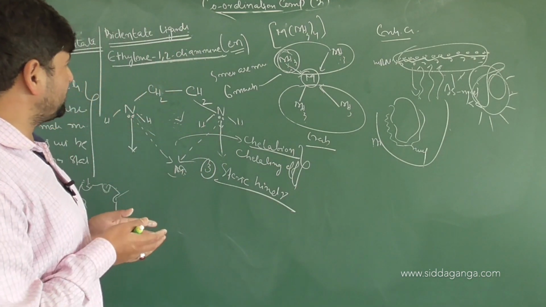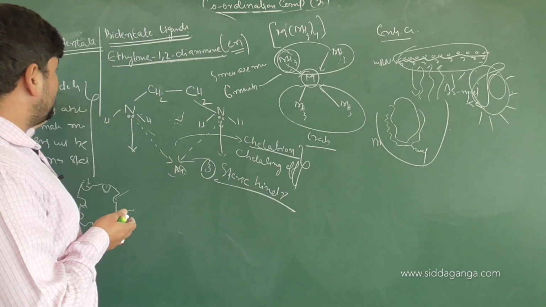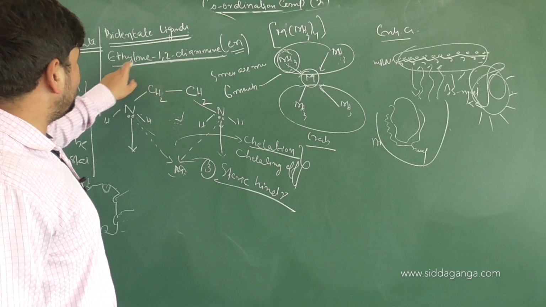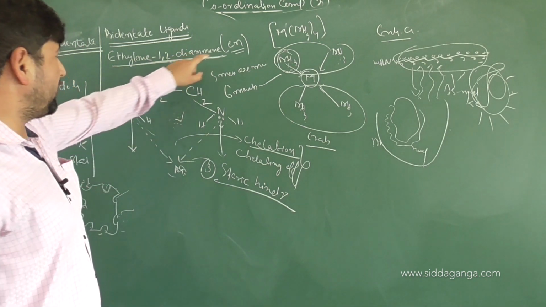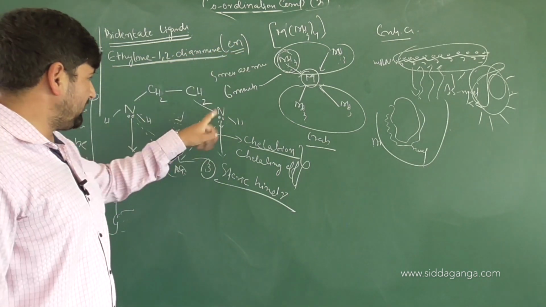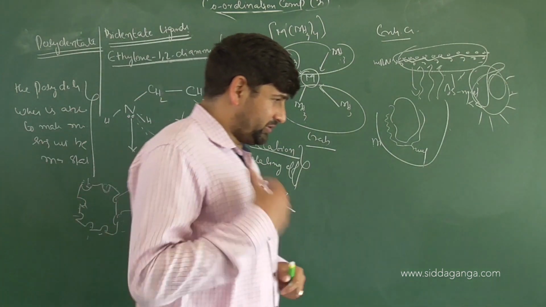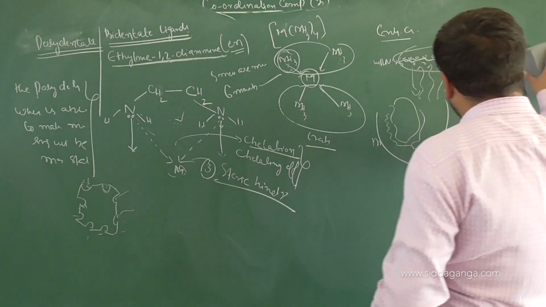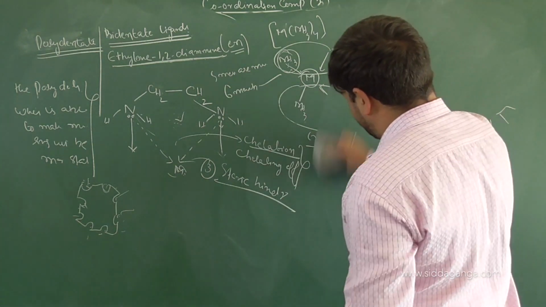So these are different factors which affect chelation. Right? Followed or not? Right. So ethylene 1,2-diamine, this is the ligand. You write this as En, it can donate from two nitrogen atoms respectively, right? So this is a bidentate ligand. Further, this is a neutral bidentate ligand to be precise, right?